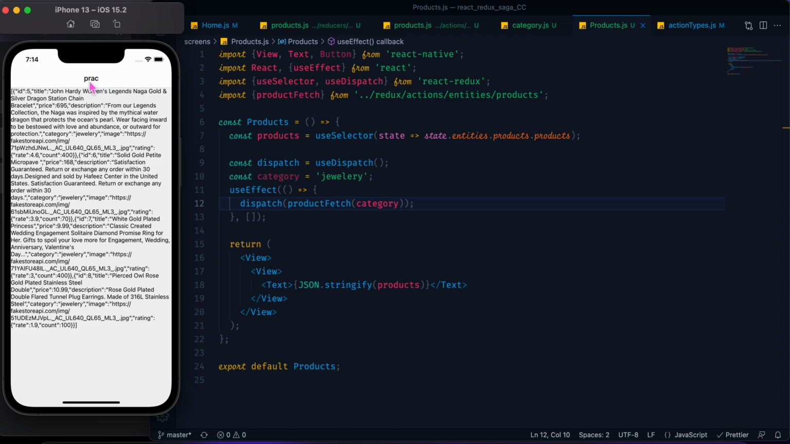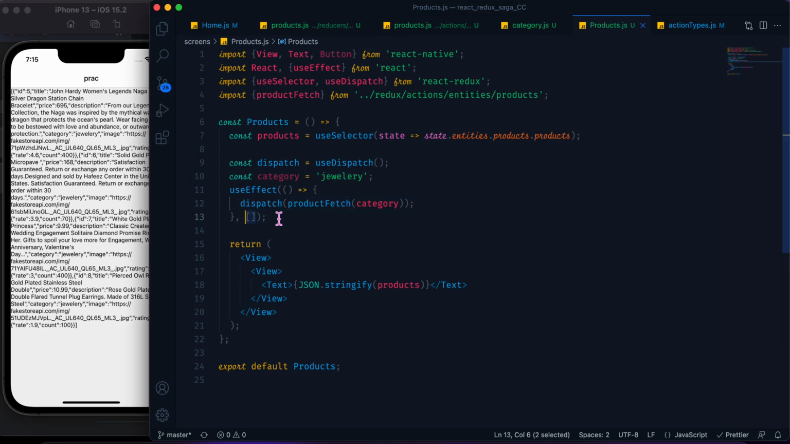So when the practice screen loads up, for the first time you can see empty brackets are there. That means this useEffect hook will run only the first time when this component renders. So as soon as it renders this screen, it will call productFetch with the category. Now this category would normally be given by the user, but for the sake of explaining, I have hard coded it. So productFetch category will evaluate to